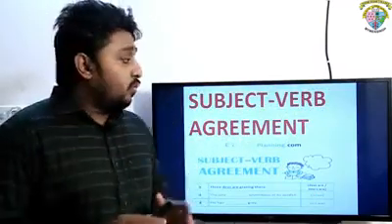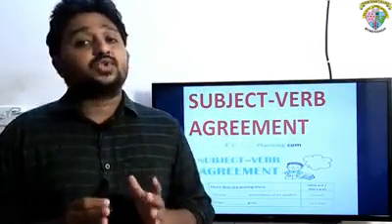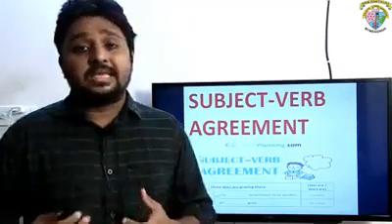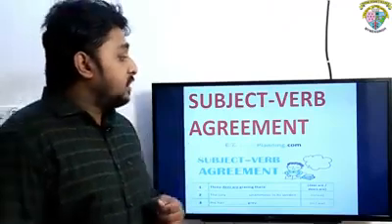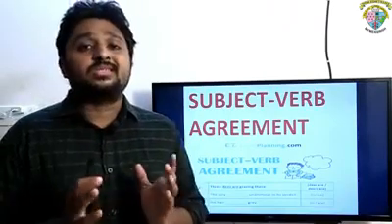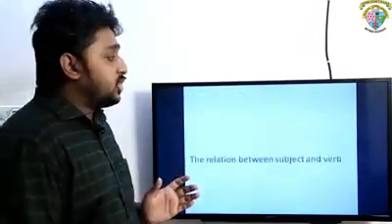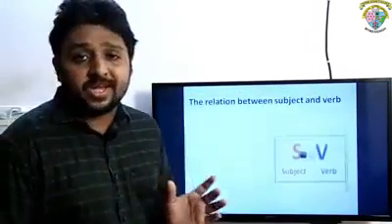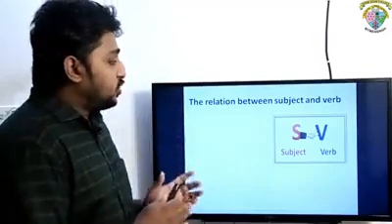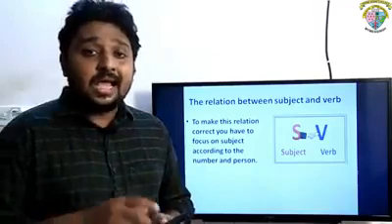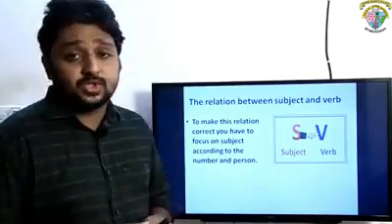Do you know that without having a proper idea about subject-verb agreement, it's really tough to enrich your knowledge in English grammatical items? So at first, we have to know what subject-verb agreement is. Subject-verb agreement means the relation between subject and verb. And if you want to make this relation correct, you have to focus on the subject according to number and person,